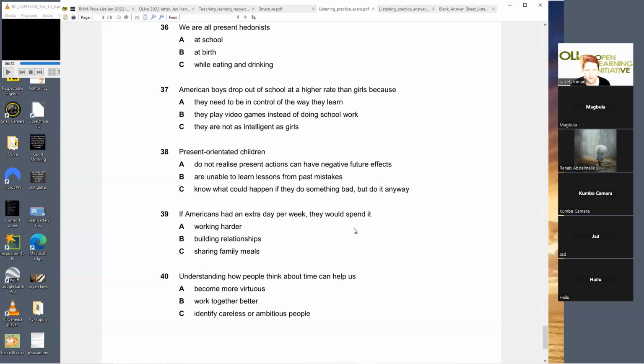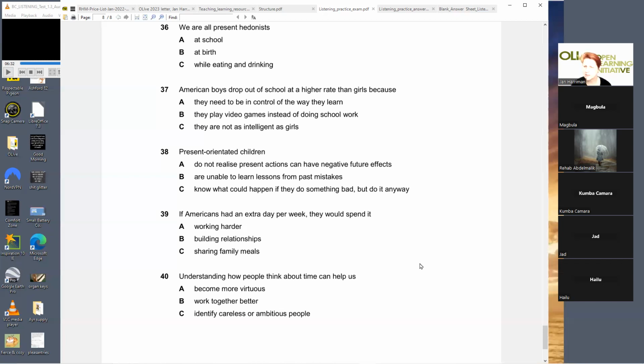Right, if Americans had an extra day of work per week, they would spend it: A, working harder, B, building relationships, C, sharing family meals. Okay. Working harder. Would they do more work? Would they spend time with their families, or would they have food together? Good question, right? Understanding how people think about time can help us